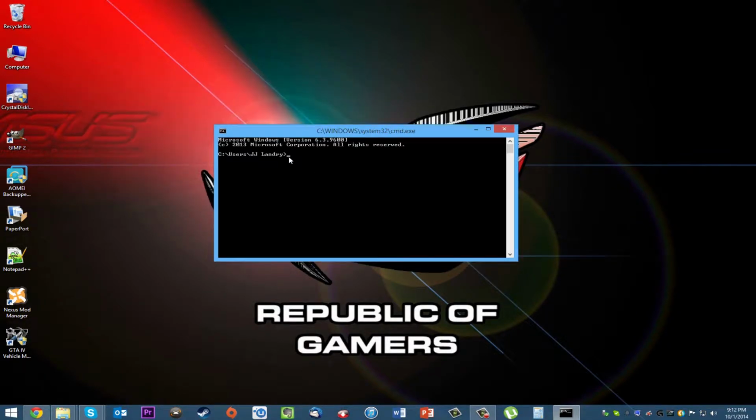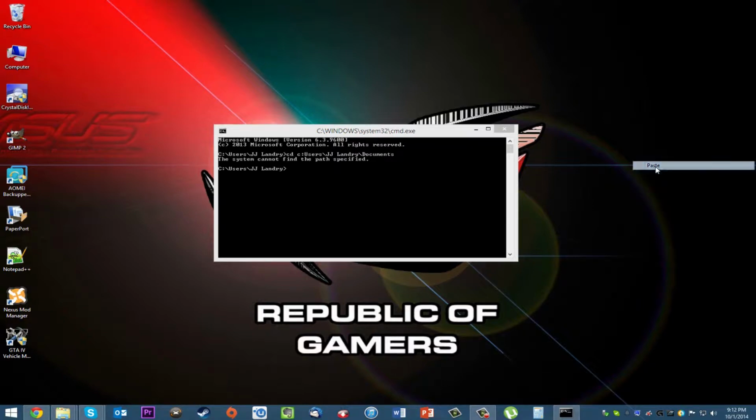There's your command prompt. So type in CD for change directory, and then the drive letter will depend on if you have multiple drives and you're saving your script maybe on another drive. And then you want to go users, and then whatever your username is. So as you can see, the system could not find the specific path. So if we just bring that to the desktop, you can see there it's on the desktop. So we can go CD,